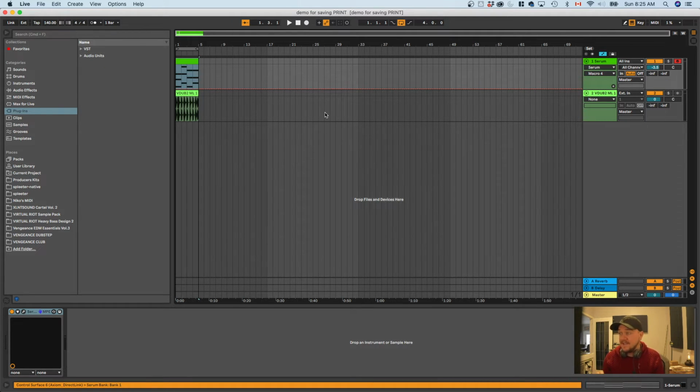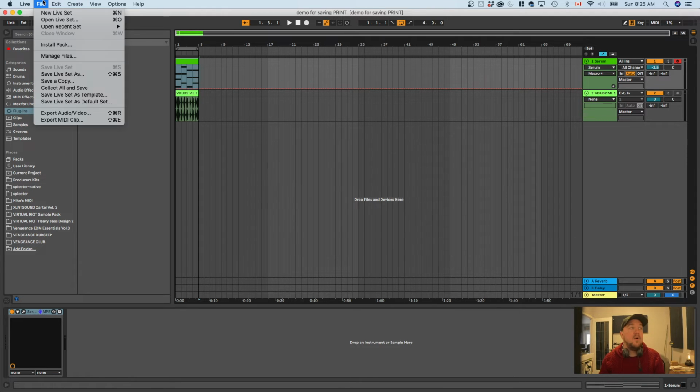Now, the next thing that you need to do is go up here and go to Collect All and Save. So this is going to be step 2. Collect All and Save is going to take all the samples, like the kicks and the loops and everything else like that, all the audio samples that you have, and it's going to suck them from wherever it is on